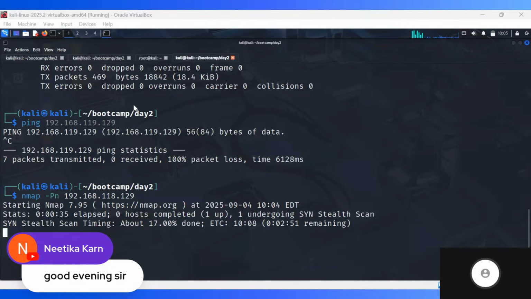Okay. So now what do we do? We have to get the IP of the machine and we have to kill it, or we have to at least monitor it.